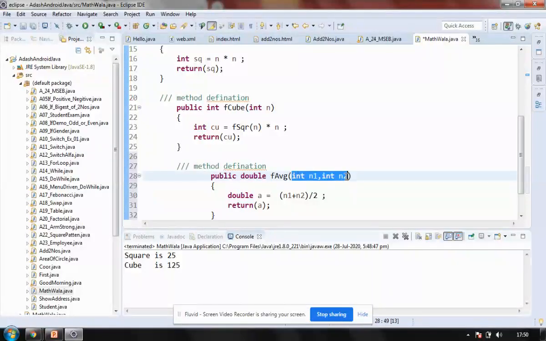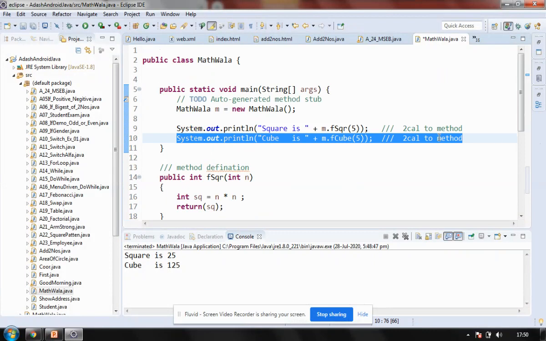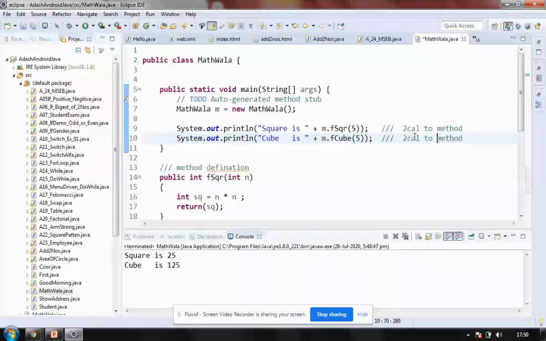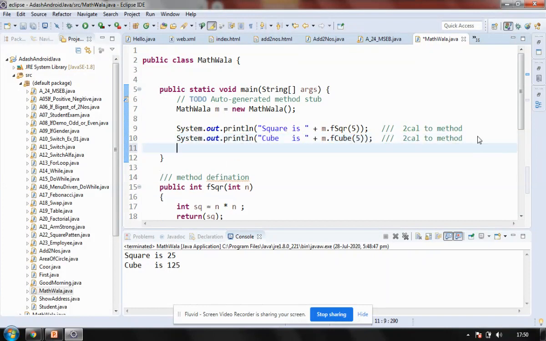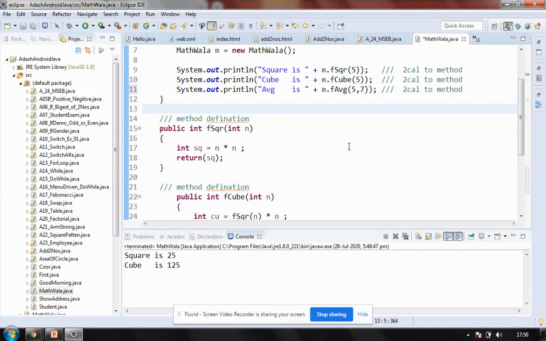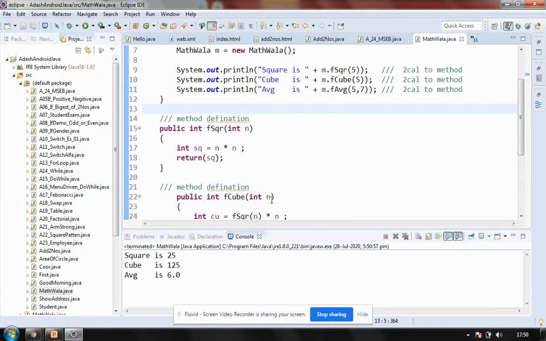This is the number of objects we are passing right now. So I'll be using the same again. This is the calculate method. Fine. This is the call to the method. So I'll be saying this as what? Average. And I'll be calling this as what? It's AVG average, and I have to pass two numbers. So 5 comma 7. It should return me some meaningful value of the average. So let's check it out. So it's saying 6.5.